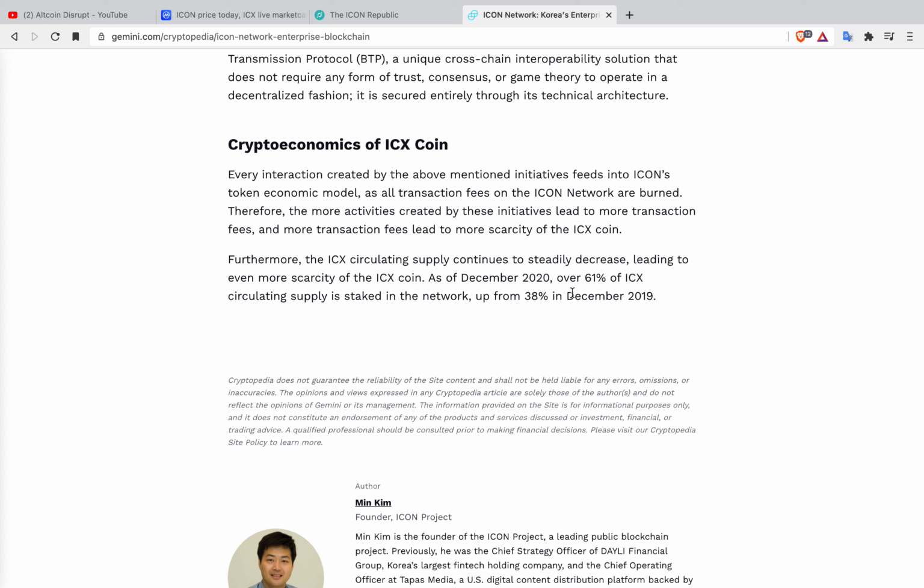Guys, I kid you not. I love coins that always have a backup plan of how they're going to burn their token to make sure that there's a scarcity mindset in whoever purchased these coins, because knowing that there'll be fewer coins in the future, you automatically want to invest, because you know the coin is going to go up over time just because there'll be fewer coins.